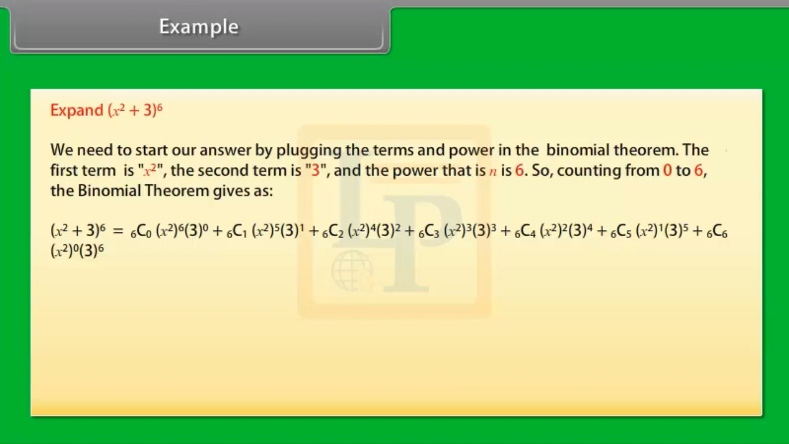to 6C0 into (x^2)^6 into 3^0, plus 6C1 into (x^2)^5 into 3^1, plus 6C2 into (x^2)^4 into 3^2, plus 6C3 into (x^2)^3 into 3^3, plus 6C4 into (x^2)^2 into 3^4, plus 6C5 into (x^2)^1 into 3^5, plus 6C6 into (x^2)^0 into 3^6. After simplification, we get